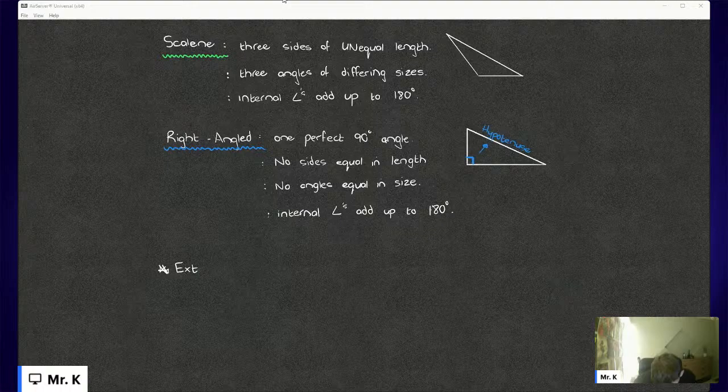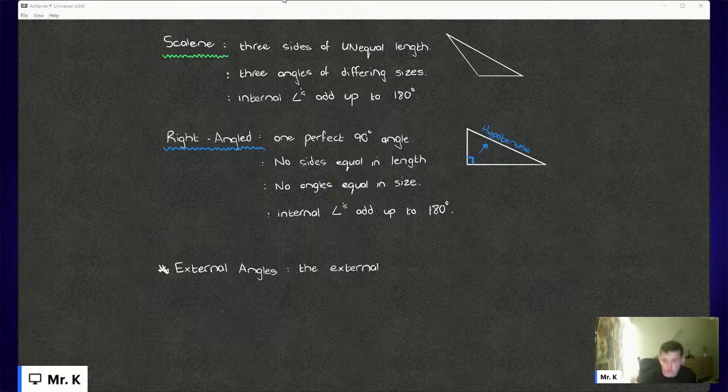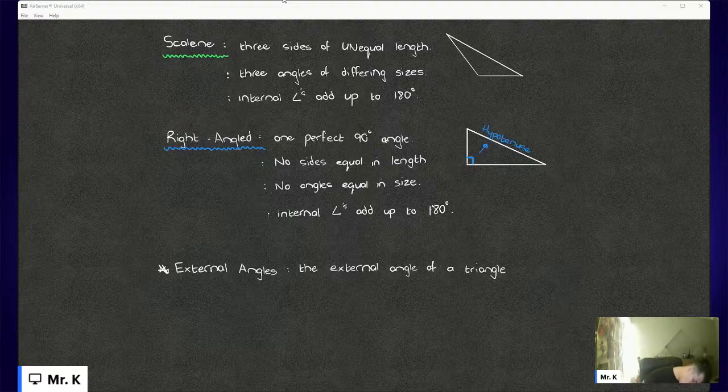Just write this as a note at the bottom, please, and I'll give you one example. Right, the rule is as follows for those of you that don't know. The exterior angle of a triangle is equal to the interior opposite angle